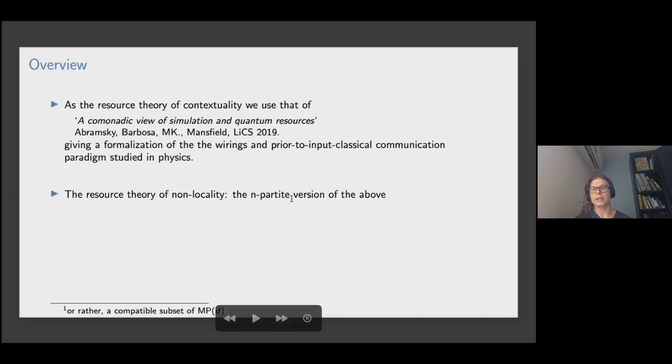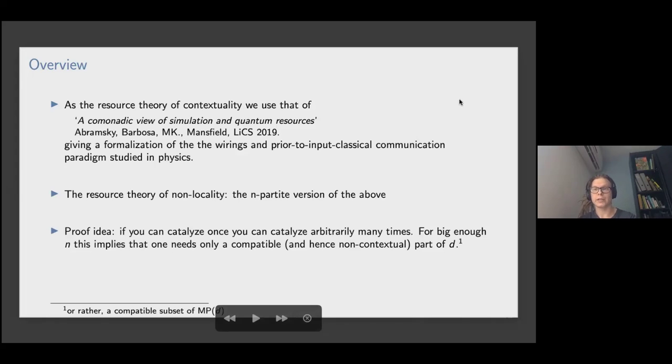How about non-locality? Well, I'll elaborate more on this later, but I'd like to think that it's closely related, but not exactly the same resource theory. I'd like to think that there is a general way of taking any resource theory whatsoever and building a new resource theory of n-partite resources of that kind and n-partite transformations between them. And I'd like to think that n-partite non-locality is the resource theory you get when you start from contextuality in this sense and do that same general construction.